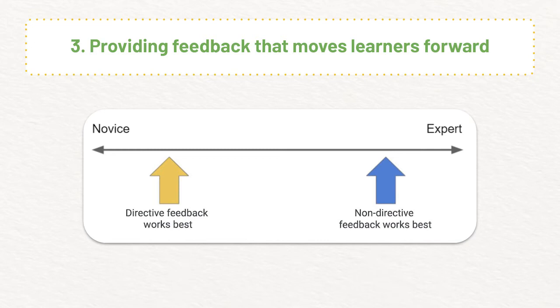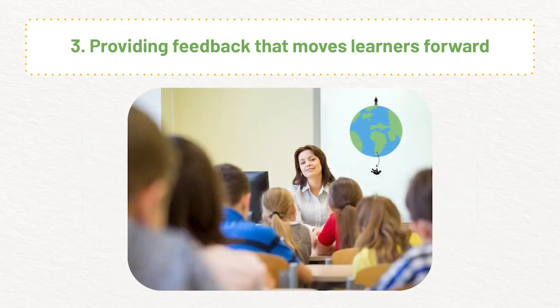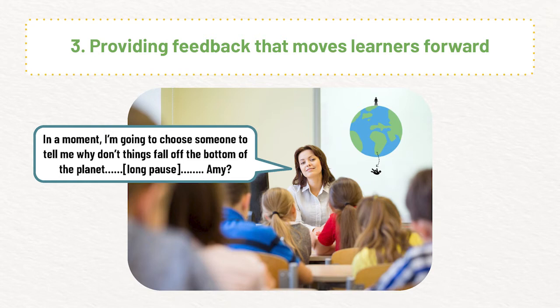What comes next are 3 examples of feedback. 1 example of what not to do, and 2 examples of what to do. Scenario 1. Sam just finished teaching her class about gravity. She does a quick check for understanding. "In a moment, I'm going to choose someone to tell me why don't things fall off the bottom of the